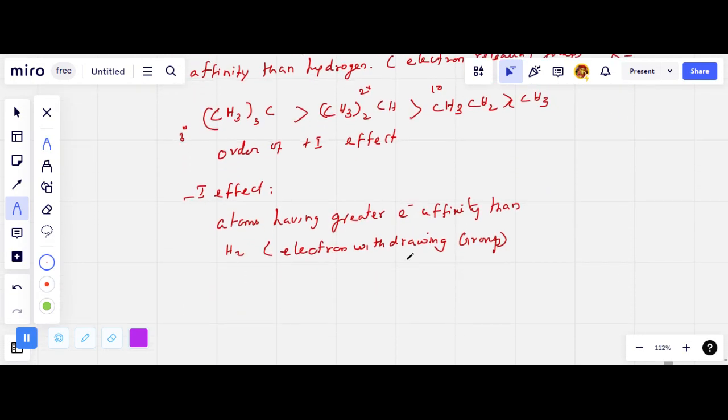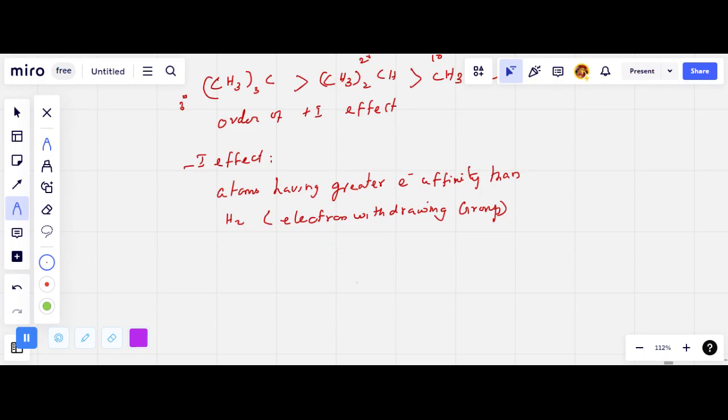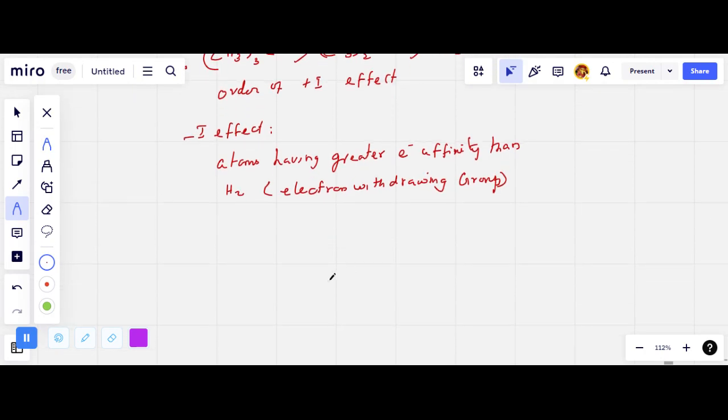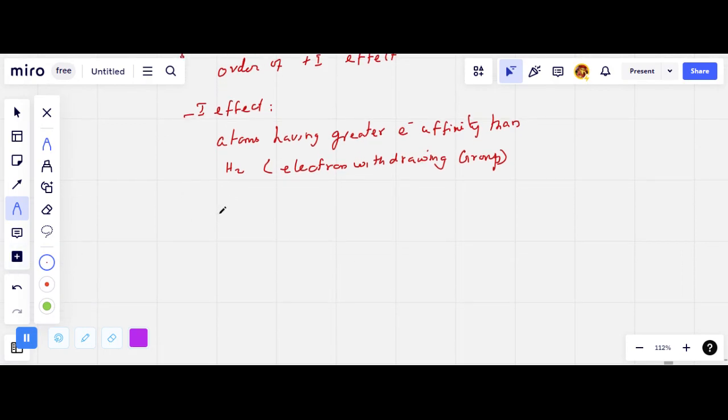ஸோ அதே மாதிரி மைனஸ் எஃபெக்ட்னா என்னன்னா மைனஸ் எஃபெக்ட் எதில் நிறைய இருக்குன்னா எலக்ட்ரான் வித்ட்ராயிங் குரூப். எதெல்லாம் எலக்ட்ரான் வித்ட்ராயிங் குரூப், எலக்ட்ரான் ரிலீசிங் குரூப்னு உங்களுக்கு தெரியணும். ஓகே, இப்போ அம்மோனியா இஃப் யூ டேக் R3N, so this is actually amine, then it's NH3. Okay, NH3, then NO2, CN,